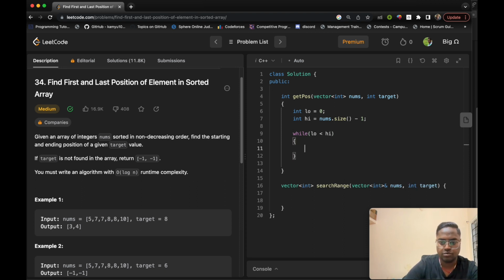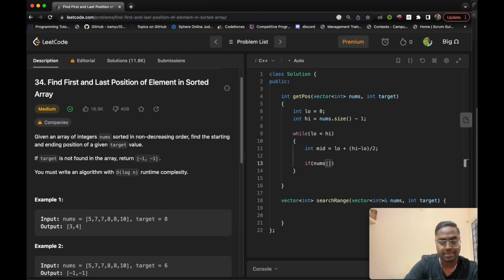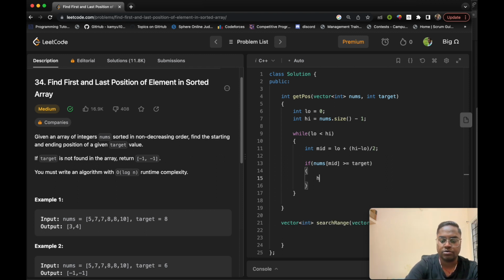What we need to do is calculate mid: low plus (high minus low) by 2. And what would be our condition for the first occurrence? Our normal condition is if nums of mid is greater than or equal to target, then we need to do high equals to